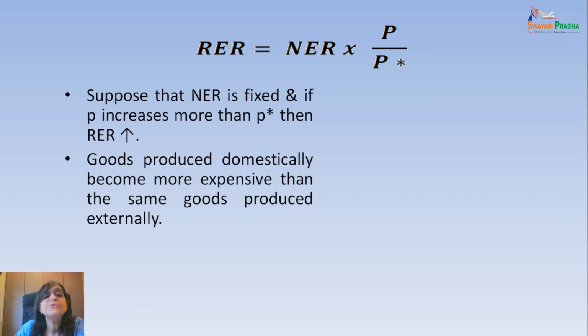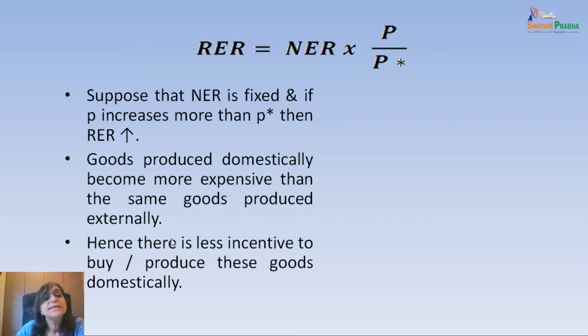With an increase in real exchange rate, what does this mean? This means that your domestically produced goods have become expensive compared to the same goods being produced in the foreign market. So compared to the foreign market goods, your domestic goods price has increased. What will happen? This is an open economy. We can buy goods from outside also, or we can import goods also. So domestically produced goods have become expensive compared to the goods being produced in the foreign market.